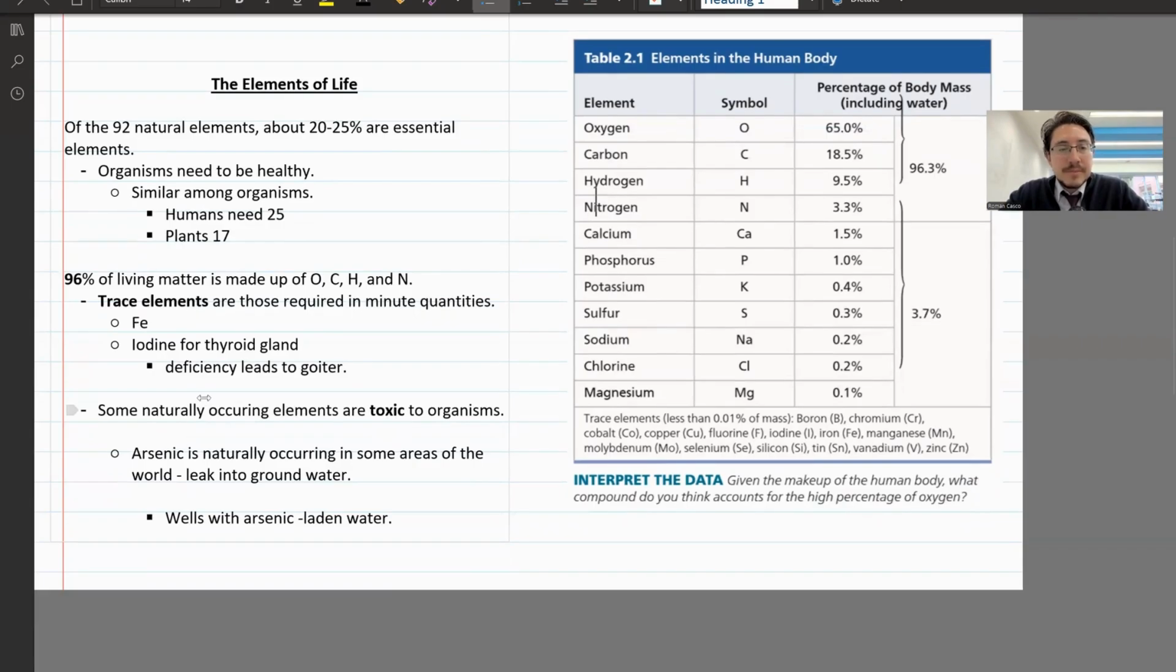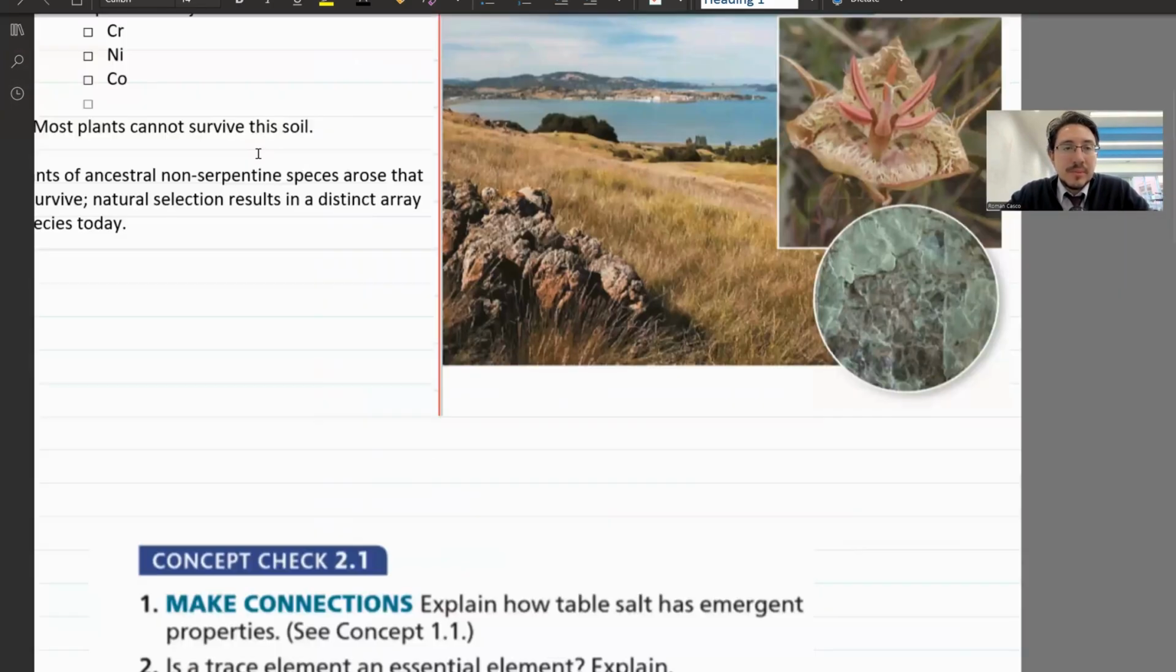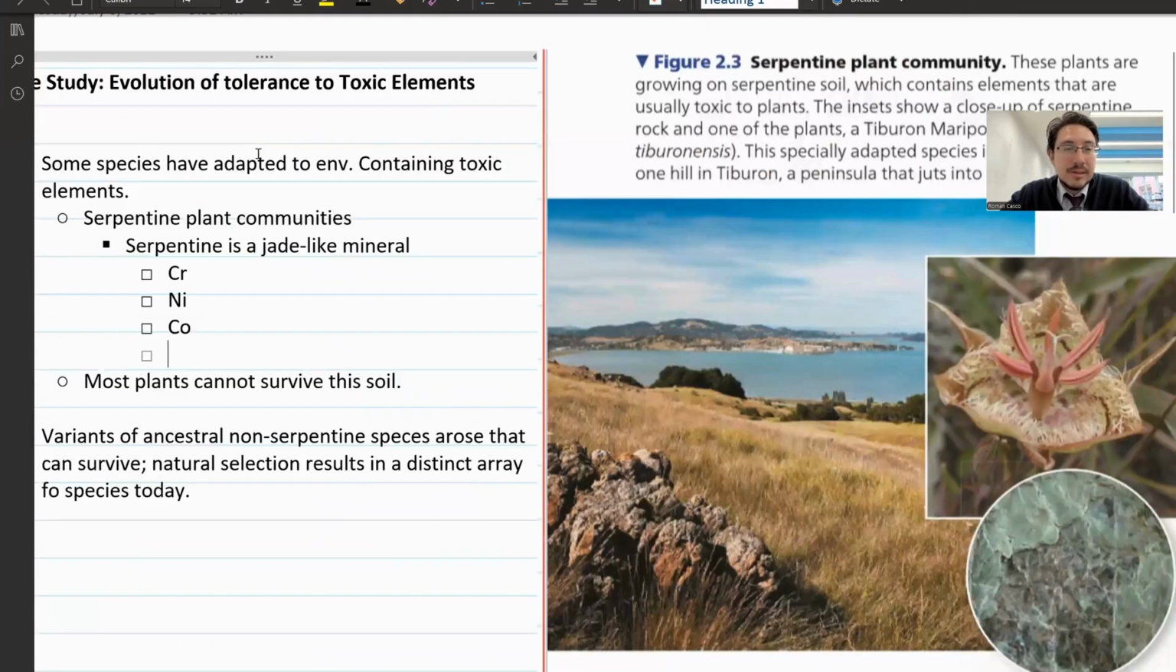Okay, so again, some naturally occurring elements are toxic to organisms. Arsenic is a naturally occurring element in some areas of the world, and it seeps into groundwater. Then you have arsenic laden water, right? Very, very poisonous to the body. All right. Just to give you another example here, a more specific example,